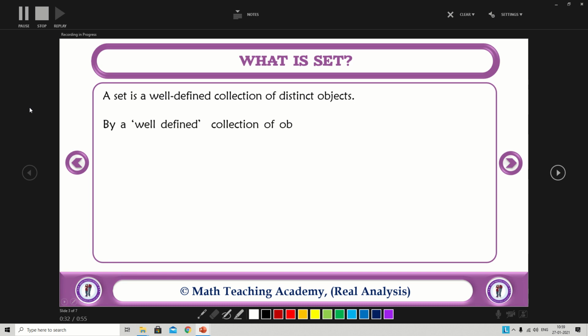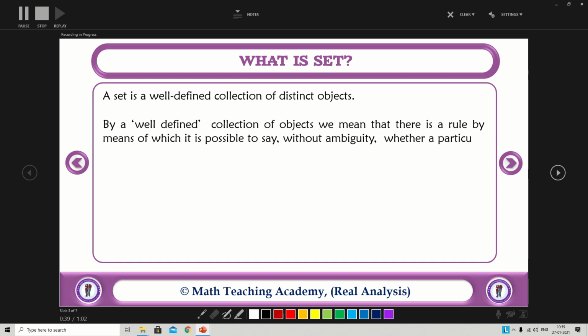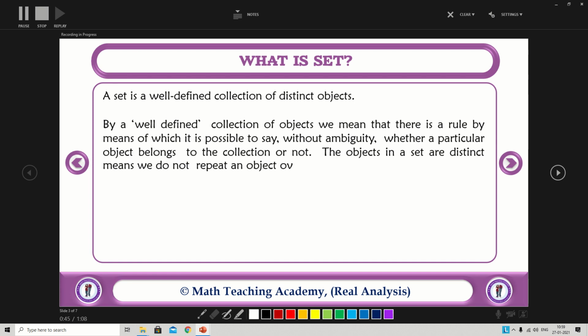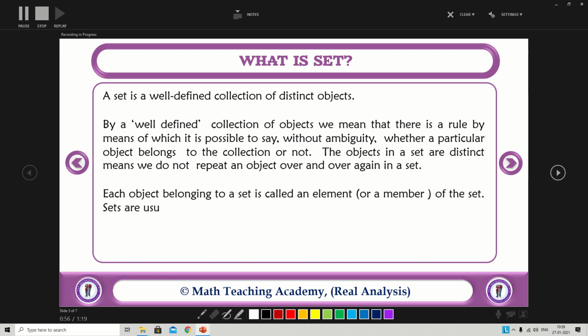So by a well-defined collection of objects we mean that there is a rule by means of which it is possible to say without ambiguity whether a particular object belongs to the collection or not.